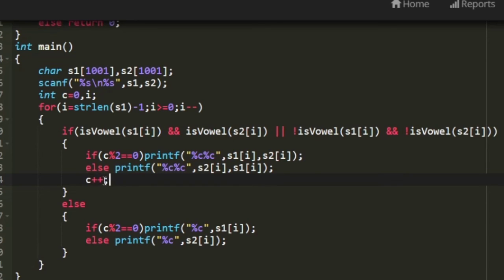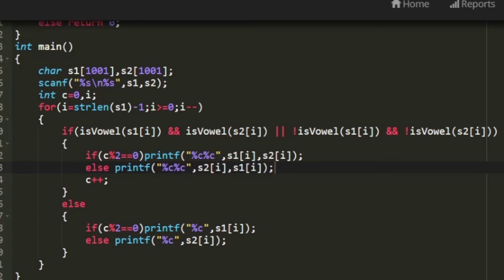So when the value of c is incremented, this condition would fail, and then we would be printing from down to up. That is, this condition would be executed. So here we can see that first we are printing s2 and then s1, but here we are printing s1 and s2. So this would move from up to down and this would move from down to up.